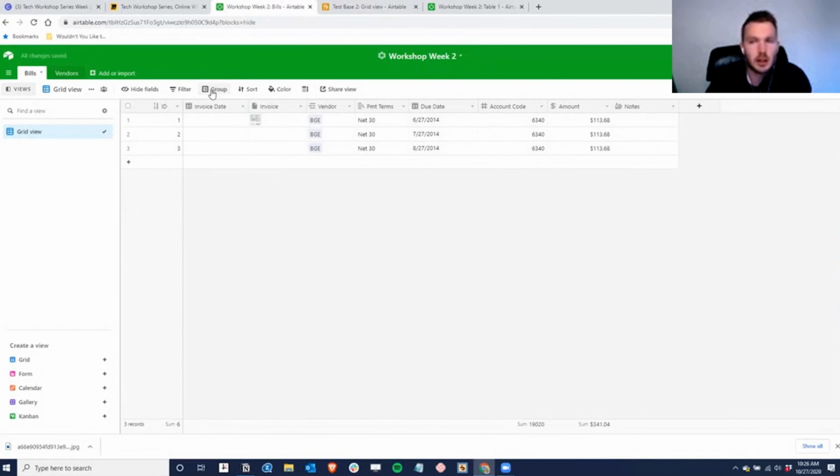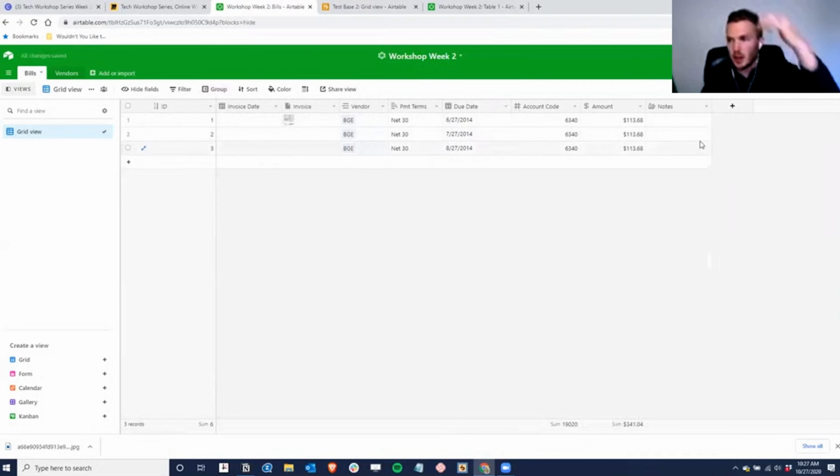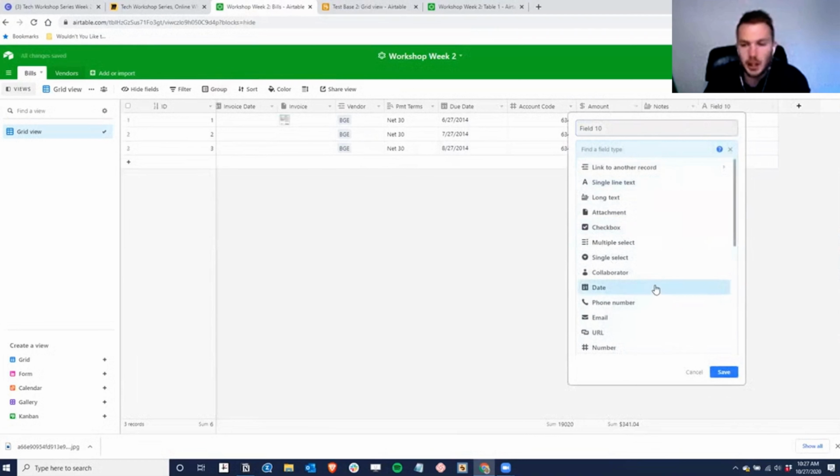But let's say your client really wanted to see a schedule of what bills were coming up by week. That's a weird kind of thing a client would ask for. That's totally arbitrary. There's a couple of things we could use to build this. And it's one thing I haven't shown you that I wanted to be sure I did show you. It's a field type called formula. So I'm going to create a new field here,